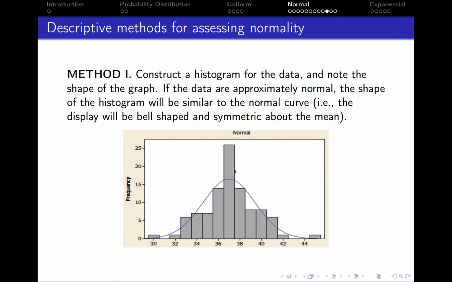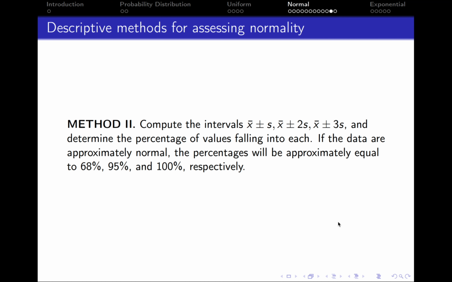So as you can see, the mean value is more or less in the middle, whereas the values are symmetric around it, and when we draw a line we more or less get a bell-shaped line, which is probably an indicator of normal distribution. The second method involves computing the intervals, so the mean value plus minus standard deviation,